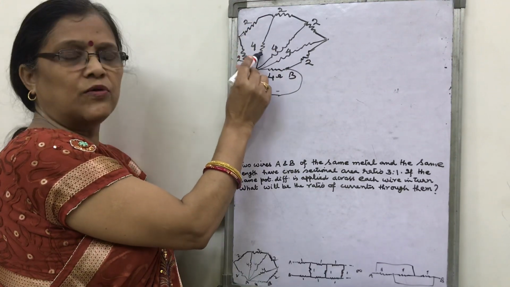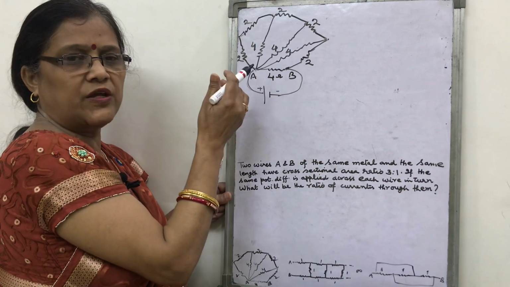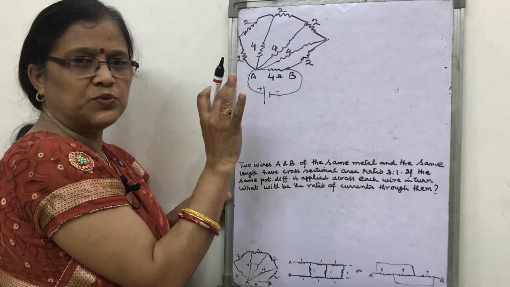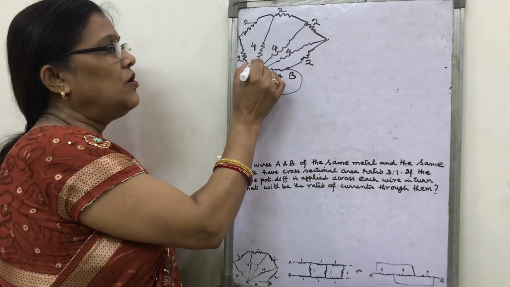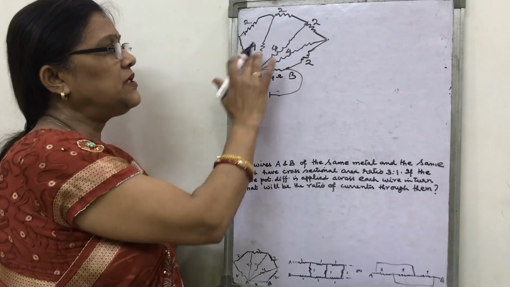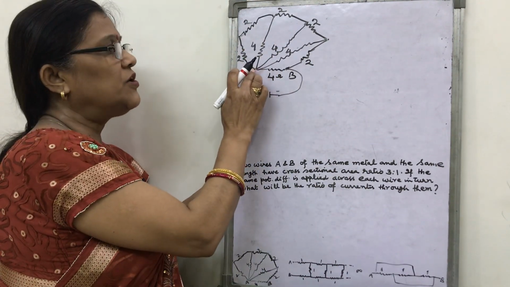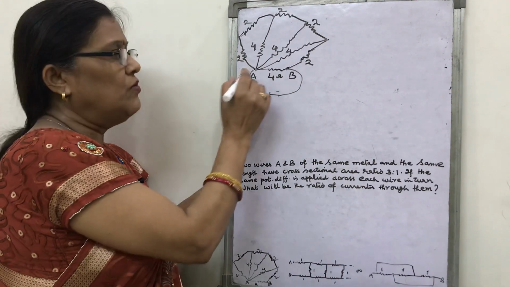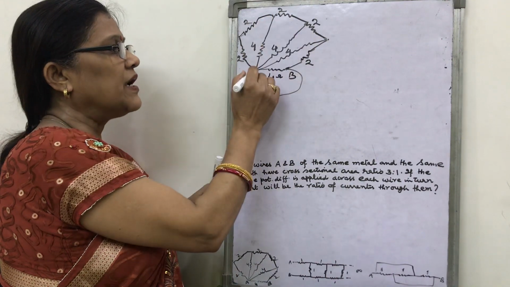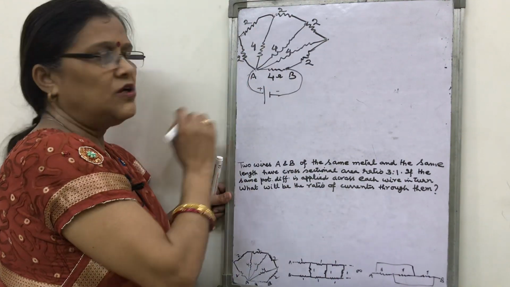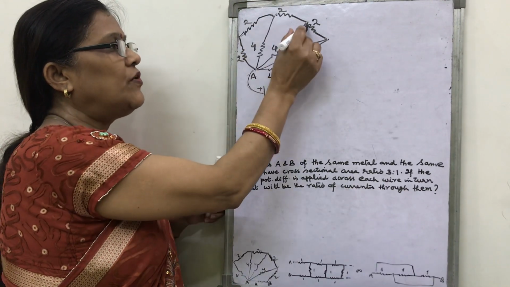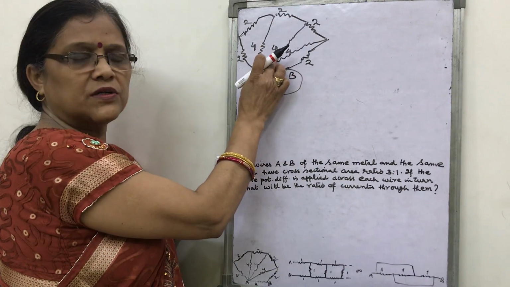And 4 and 4 ohm parallel combination will again give you 1 by 4 plus 1 by 4, 2 by 4, and reverse of 4 by 2, that is 2. So these 3 resistances, in place of them only you got the 2 ohm resistance. That 2 ohm resistance will be connected to this 2 ohm, and again the current will be same in that. So this 2 ohm and this 2 ohm will be in series, and that will become 4, and that 4 with this 4.